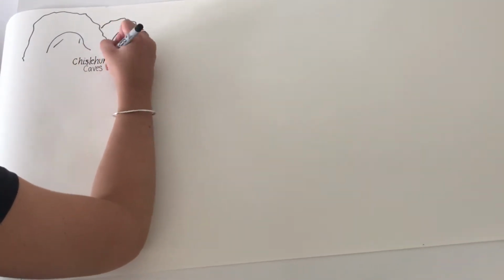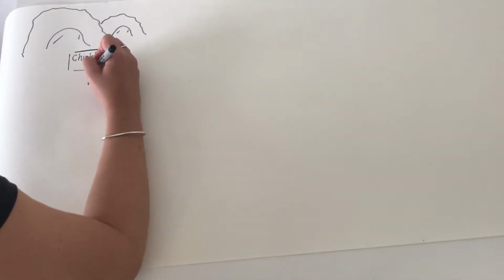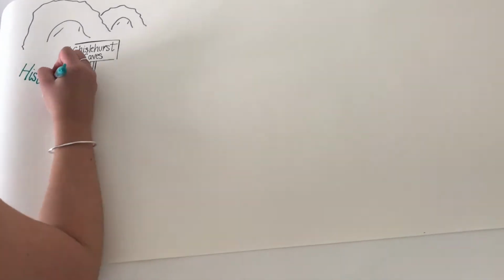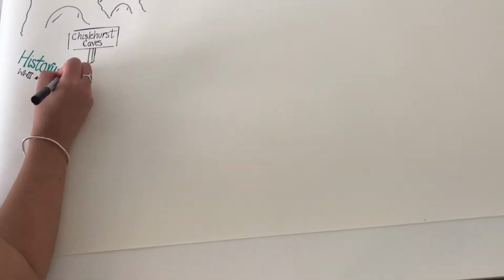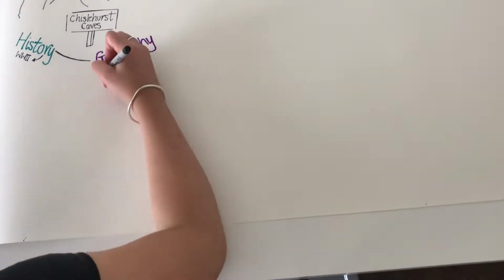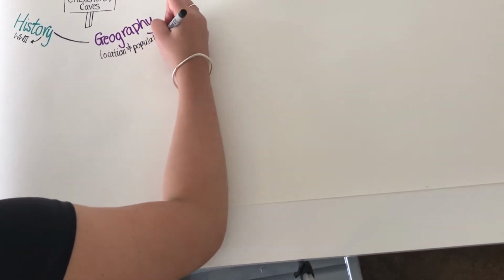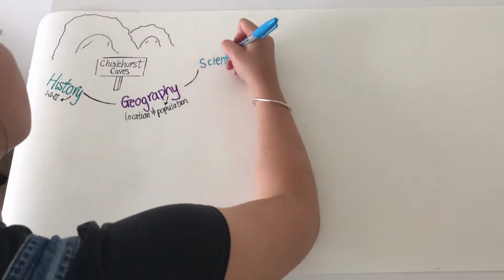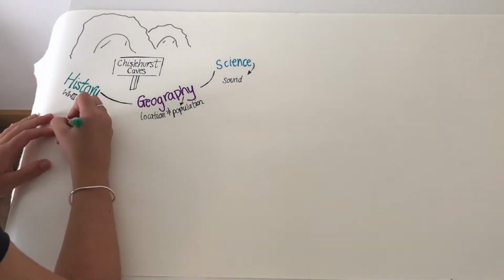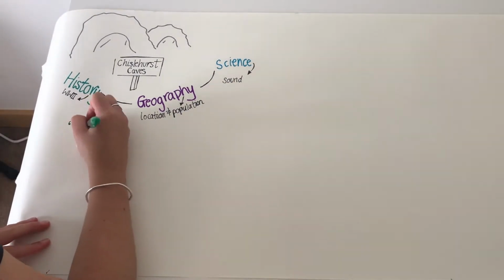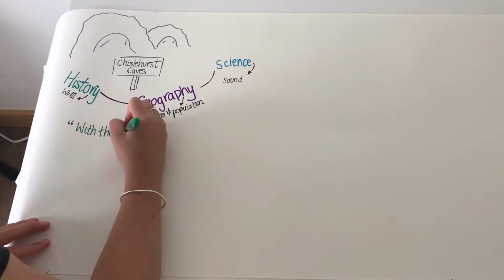The trip we have designed takes place at Chislehurst Caves and has cross-curricular references to history, focusing on World War II, geography, focusing on location and population, and science, focusing on sound. The trip will take place at the midpoint of the term, and therefore children will have developed knowledge around the